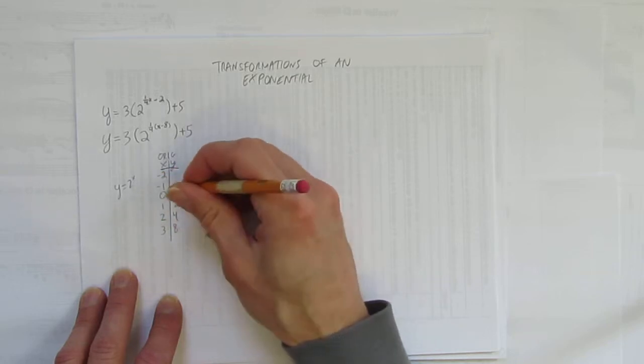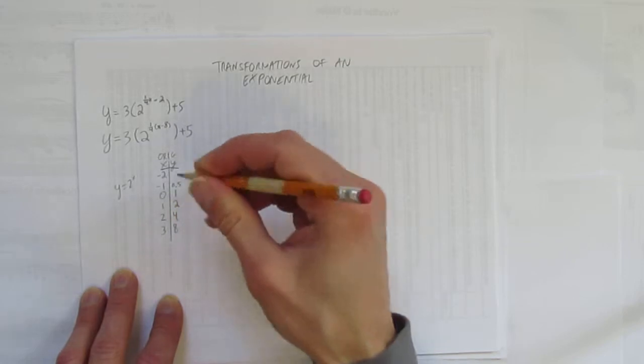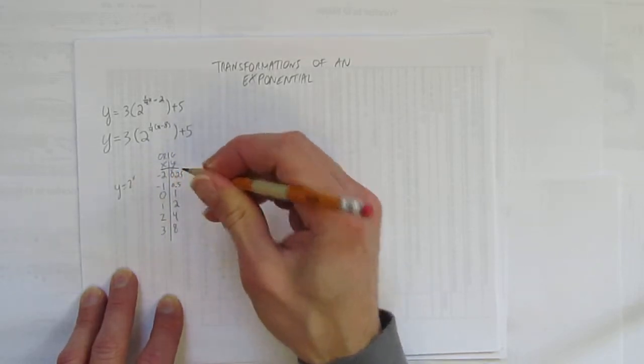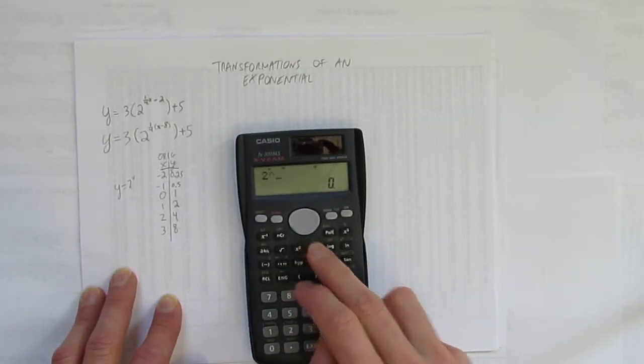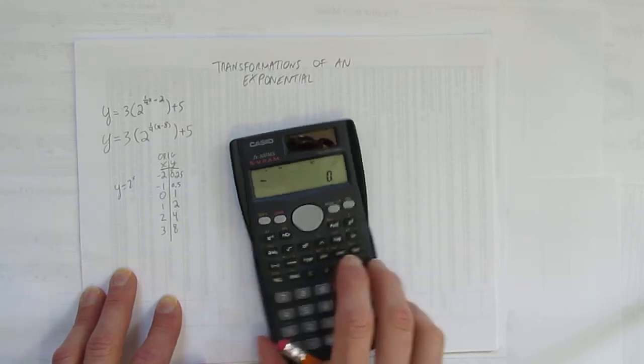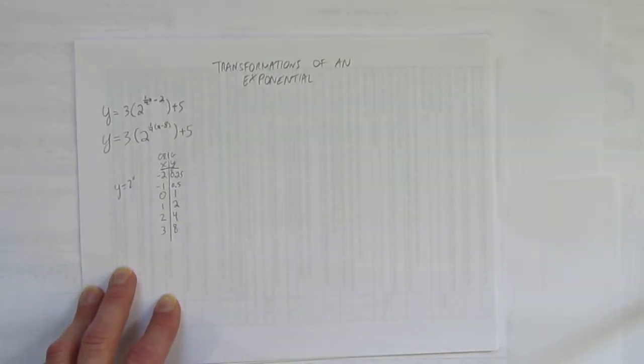What's 2 to the power of negative 1? 0.5. I just do the same pattern that I see here. What's 2 to the power of negative 2? 0.25. And again, if you don't believe me, you can ask your calculator. So the mapping rule starts with an original table,